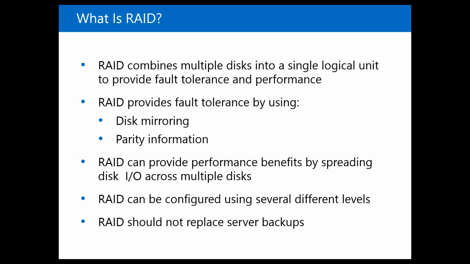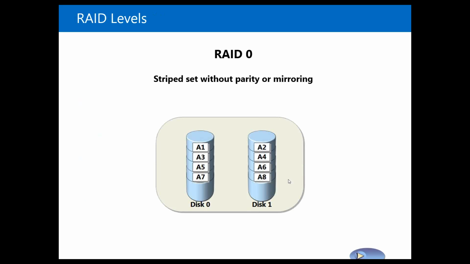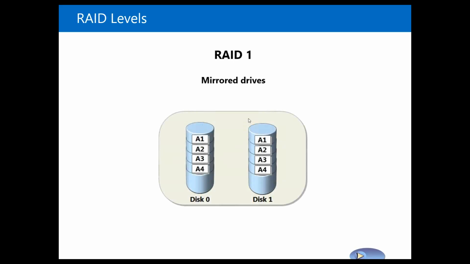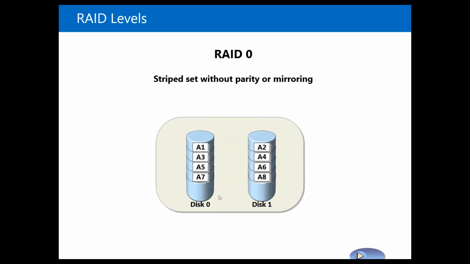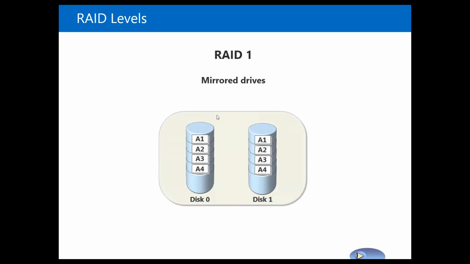because just relying on this RAID is not the proper solution. Okay, there are many different RAID levels. Here's an example of RAID 0, which you can set without parity or mirroring. Basically, everything is spread off to the hard disks. RAID 1 is mirror drives. Basically, whatever you got in this hard drive will be in this hard drive as well, as you can see,